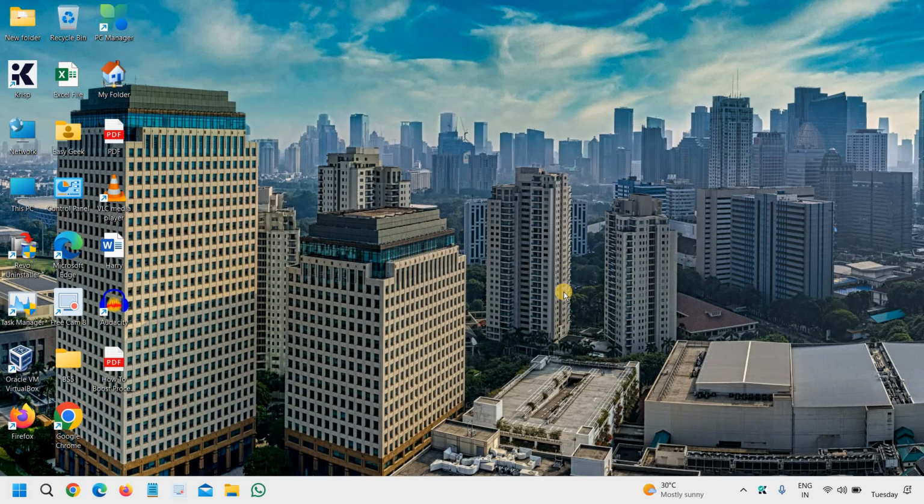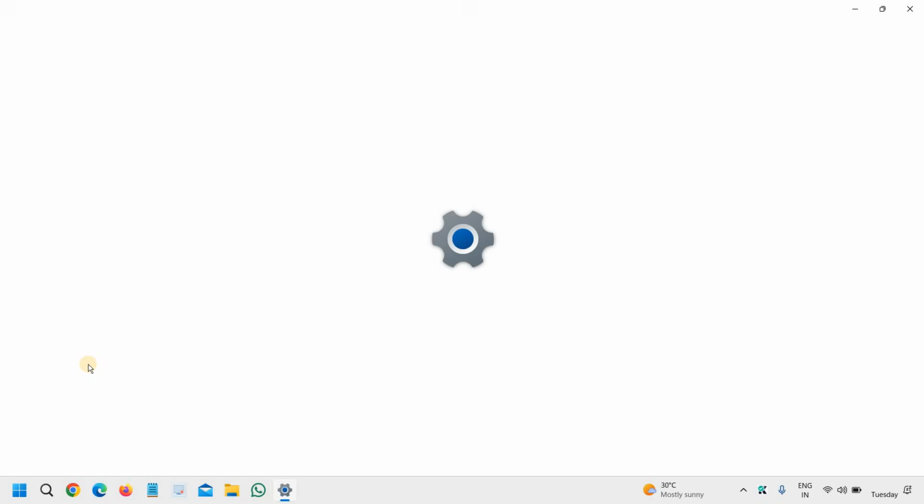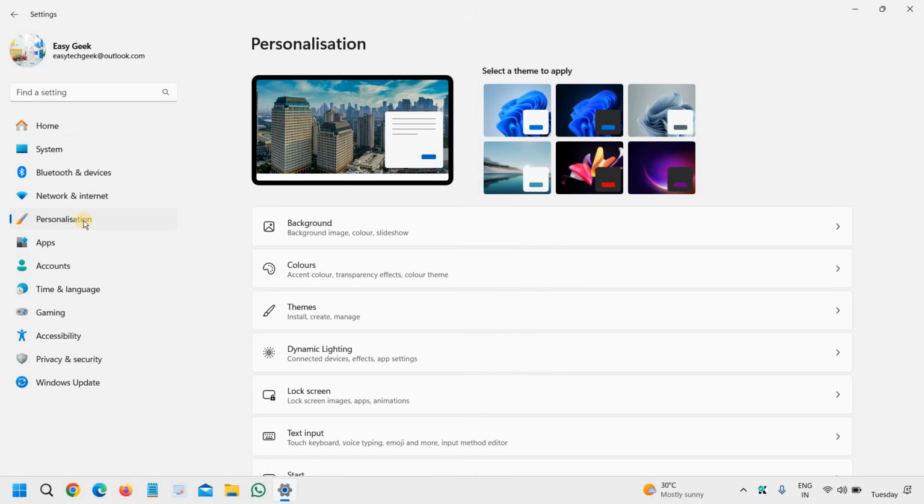Learn how to enable dark mode on Windows 11, or you can do a custom mode like I'll do in a few seconds, and you will like it, I'm sure. So just right-click on the Start icon and then go to Settings, and on the left-hand side we will go to Personalization, which is the fifth option. And then we will go to Colors,